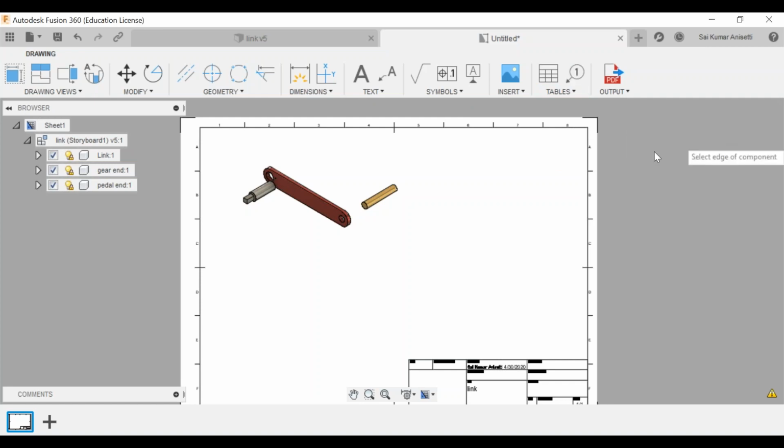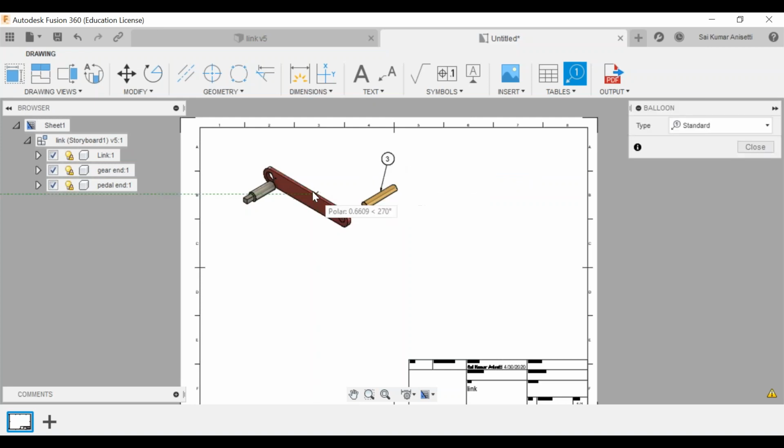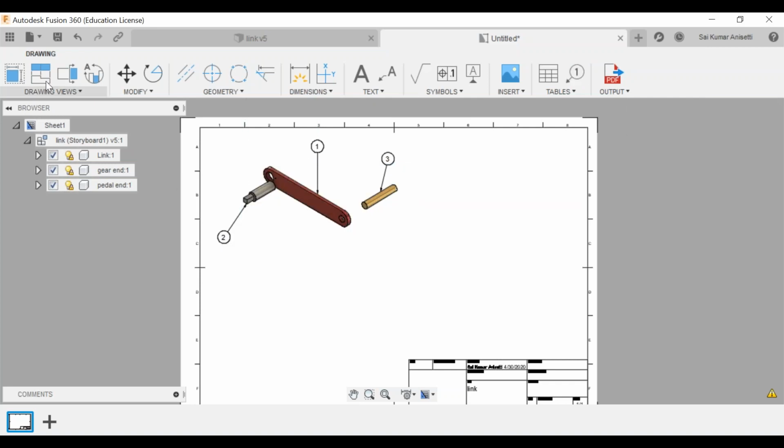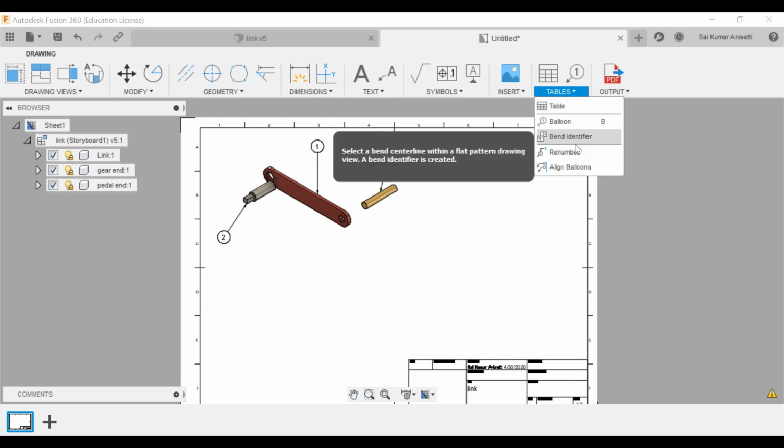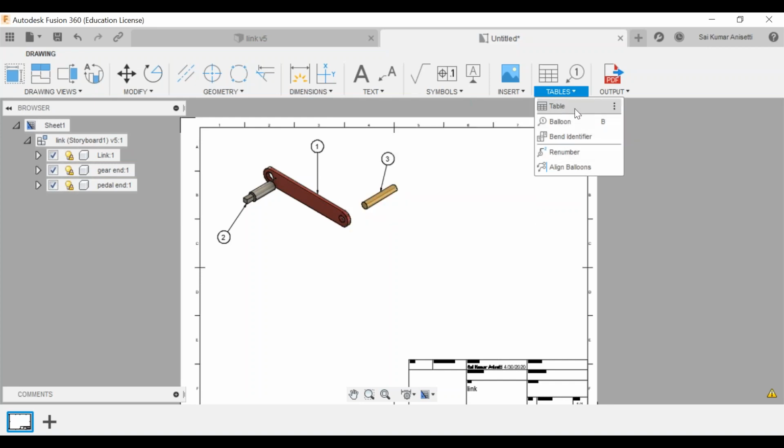Okay, fine, I'll go with simple standard. This has been automatically renamed depending upon your actual dimension, I mean whatever you have done in your assembly. This is my first one, base. Second, I have given this as 2 and 3. Okay, now generate table.